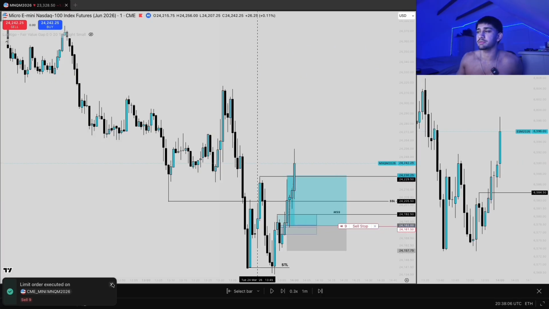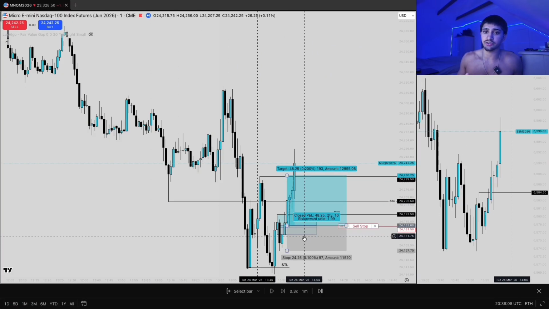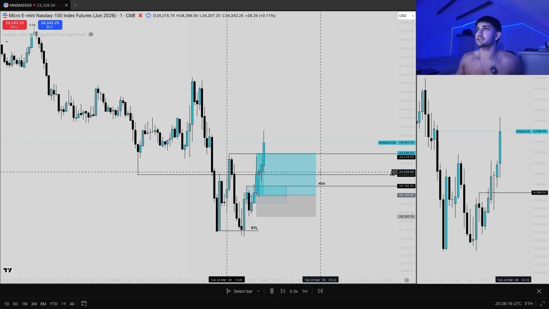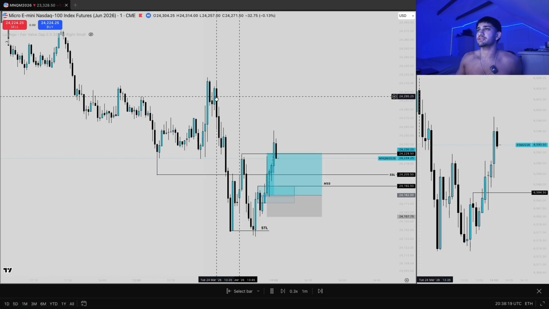Bang, and there we go. So TP gets smashed, and that was the first position of the day that we took, putting us up 2R on the day. Just to break down this trade quickly again, came to the New York Open, price came down,